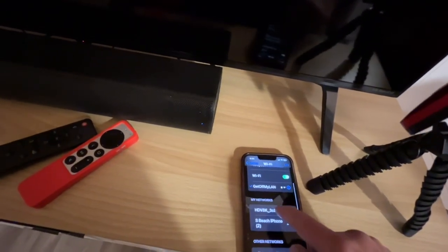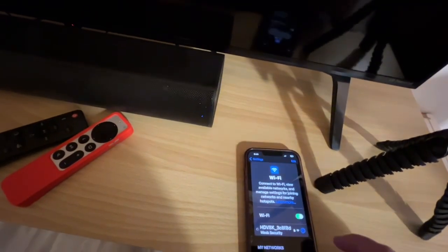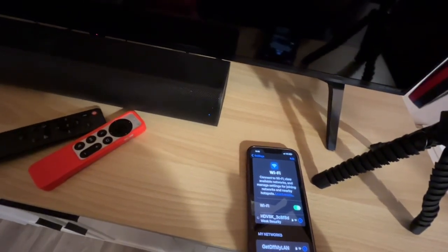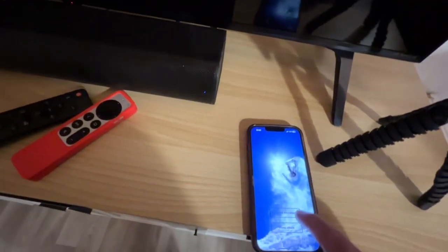to settings and to your Wi-Fi, and you connect to the same SSID from the camera, and it will connect. Use the password that's on there. Once it's connected, you can open the app, the Hello Cam app, and connect the camera,